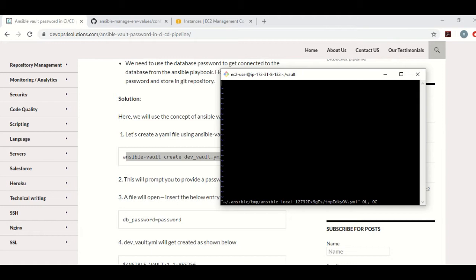It's a normal file. Here you will do the insert and provide the variable and its value. So db_password is my variable name and this is the value, like this is my password. Then you just save the file.